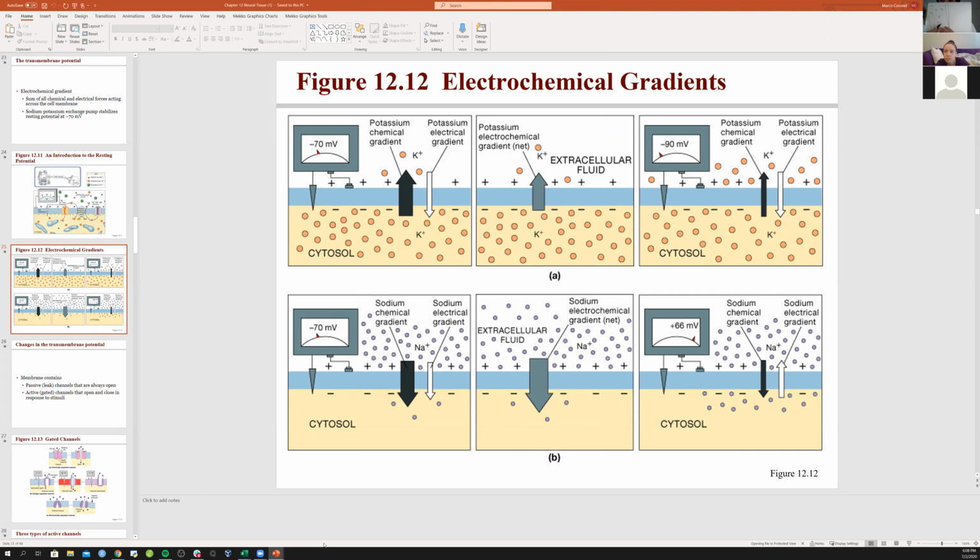Now, proteins cannot readily move across the lipid bilayer, right? They're too big, they're charged. In order for them to move, we have to pack them in vesicles to send them out. So they're not constantly moving in response to electrochemical changes, but the fact that there are negatively charged proteins means the cell itself already starts with a negative charge due to the presence of these proteins. So this negative charge is going to play a role whenever we talk about